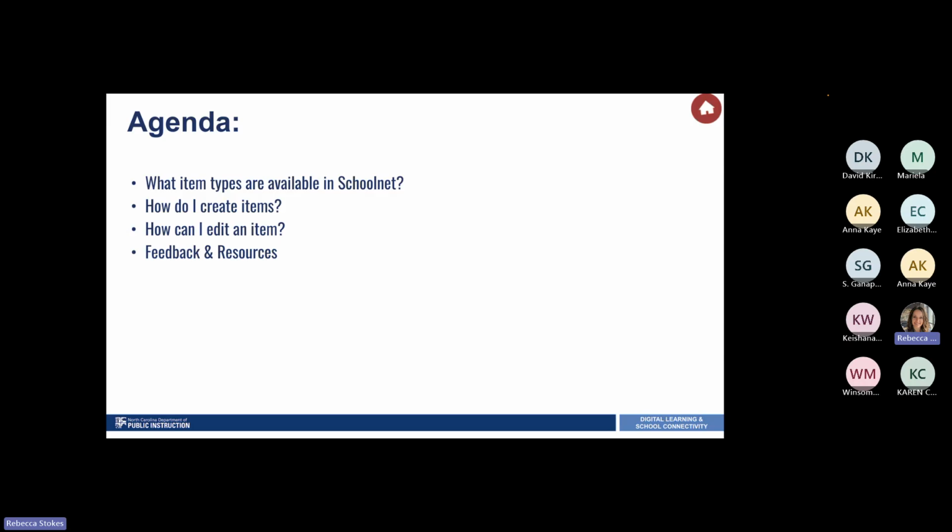All right, so our agenda looks a little small today, but I promise that it is packed full of information. Our agenda today is we're going to talk about the item types that are available in Schoolnet. We'll talk about how you can create them. I'm going to show you how to create the most commonly used items, but I also have resources